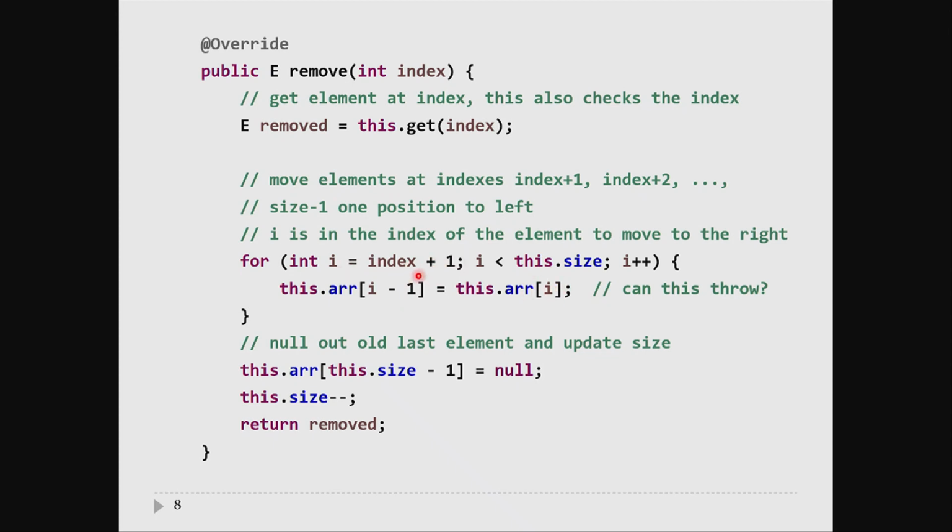Index plus 1. So what's the valid index? The valid indexes are up to size minus 1. So size minus 1, plus 1, is size. So if i is the size, this loop doesn't run, because the loop only runs when i is less than the size. So the thing on the right-hand side will never cause an exception either. In this case, this statement will never cause an exception,